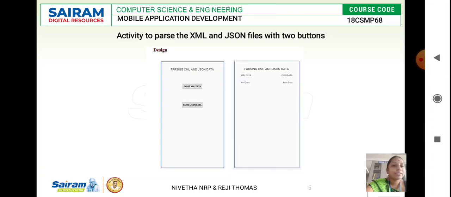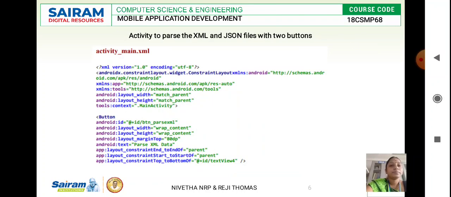So we have an XML data folder which holds the XML data and the JSON data. Okay, so as usual, this is the activity main XML file. Here we are going to create, we have a default code over here, and from that default code we will be altering the attributes as per the requirement.